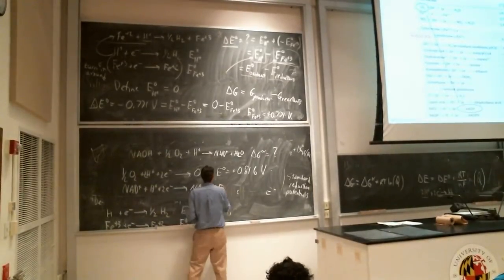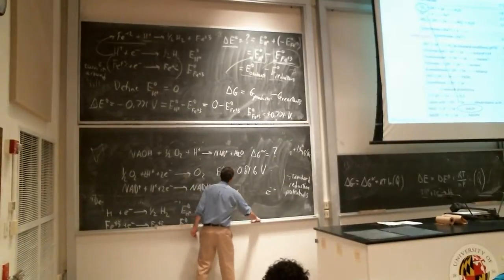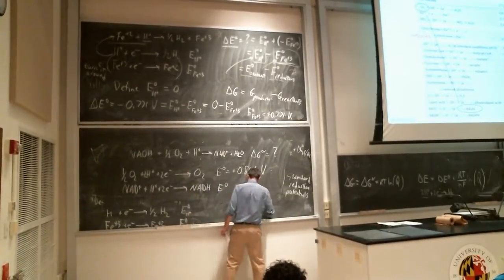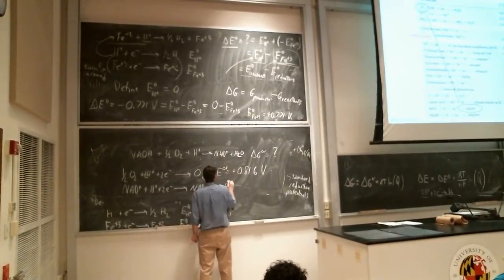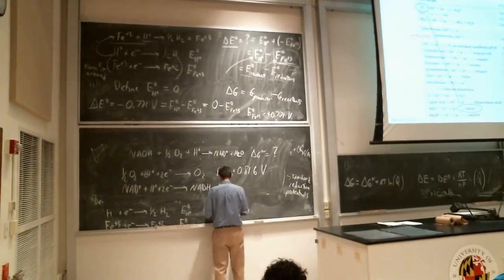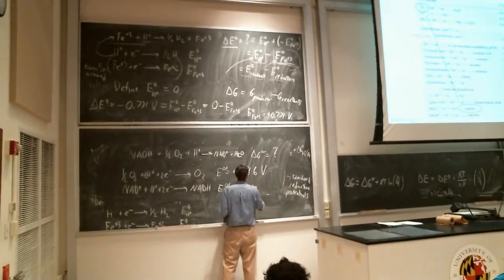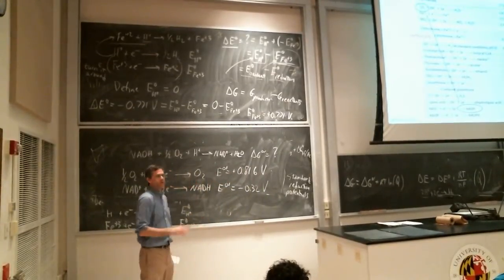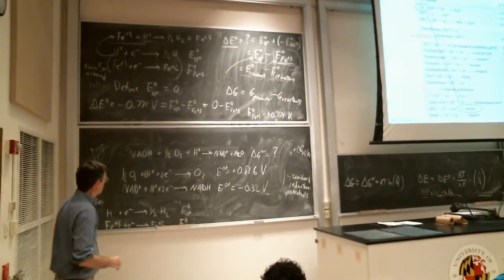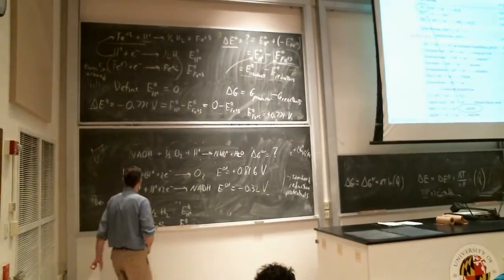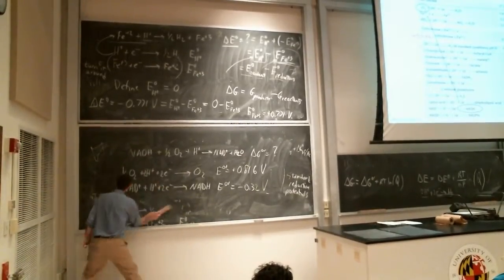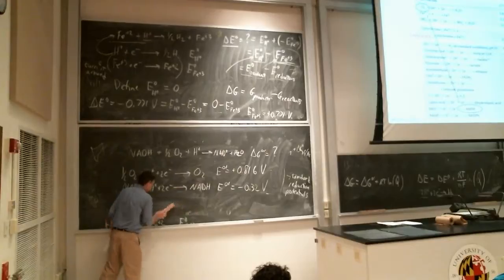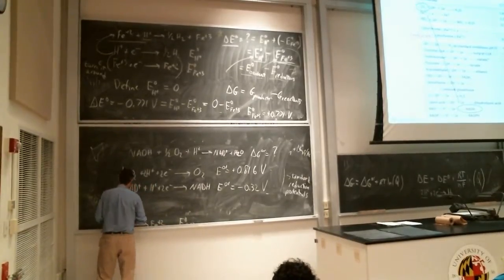E0 prime for this reaction, so these are both E0 primes, is minus 0.32 volts. All right, so we can use those numbers to figure out the overall delta G by first figuring out delta E for the reaction. So delta E